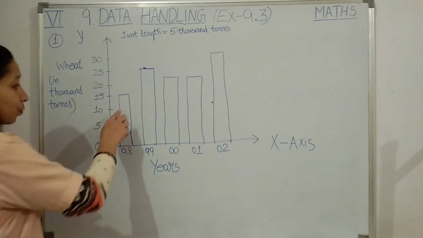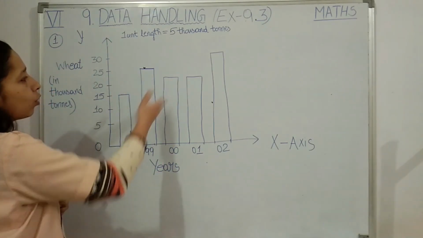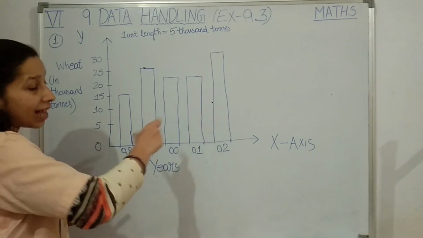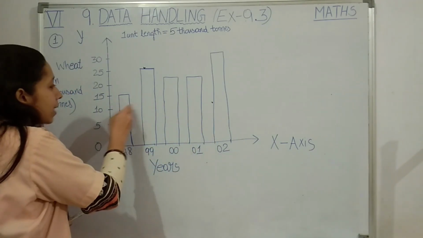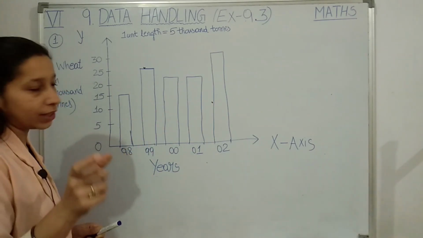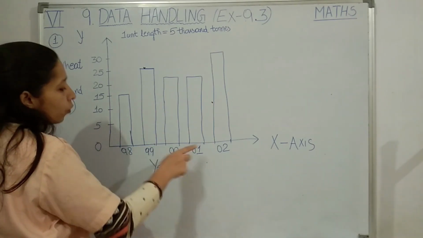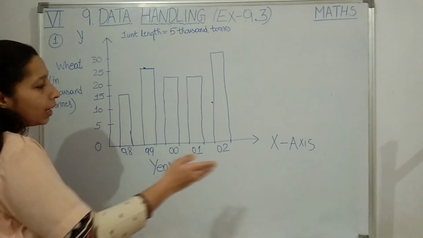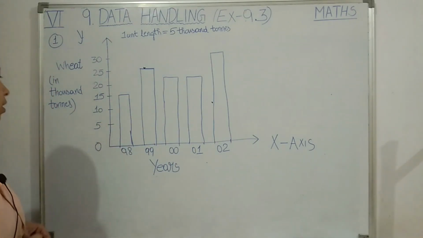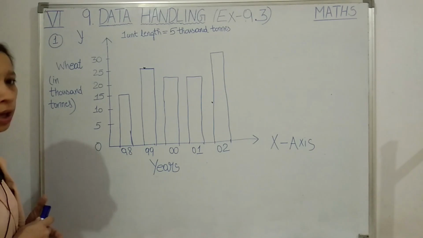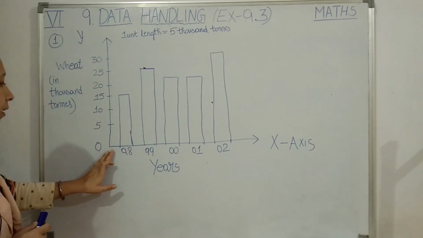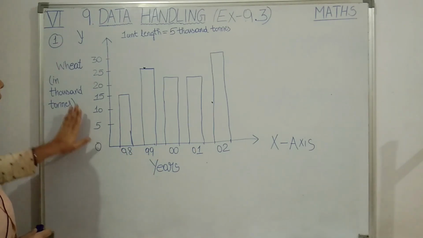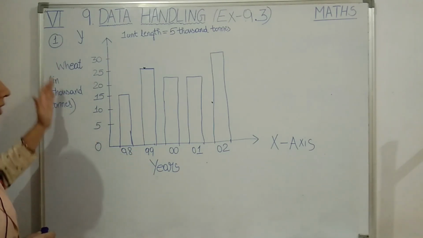Then you can see I have drawn it without using a scale and all, so my bars are of different width. But in your textbook the proper graph is drawn. You can see each bar is of uniform width, same width, and the spacing is also given in your textbook. It will be equal for each of the bars. So students, like this we draw a bar graph. It has x-axis, y-axis and the titles. Then equal spacing is there between each bar, and now you will have to choose the scale, students.